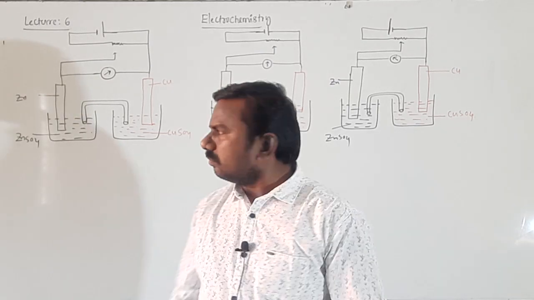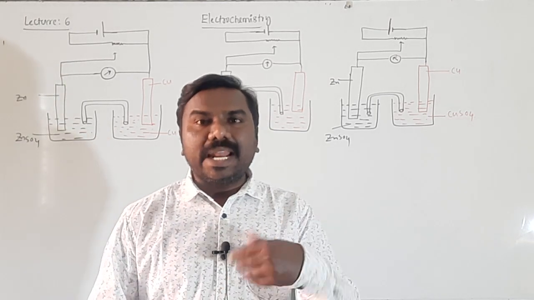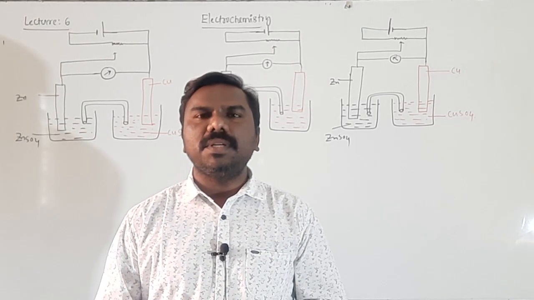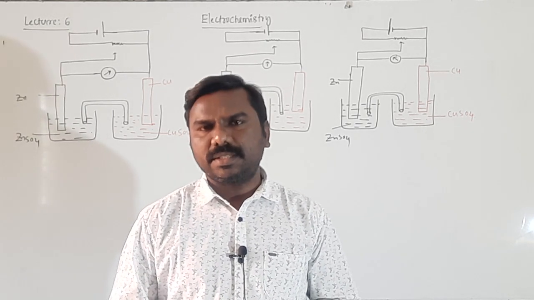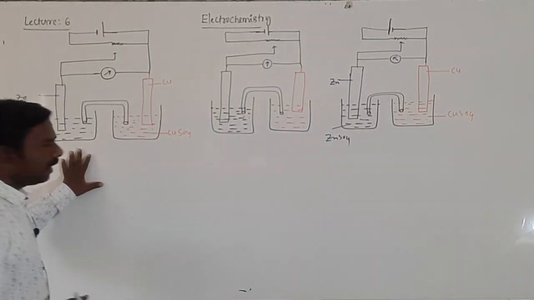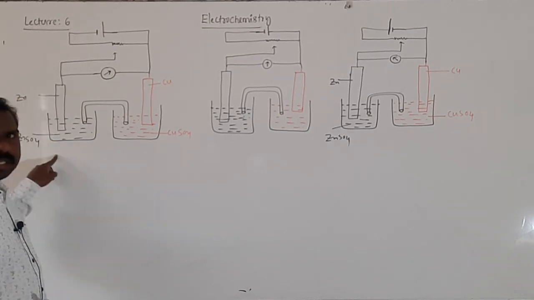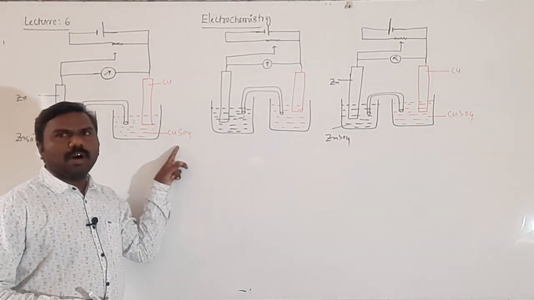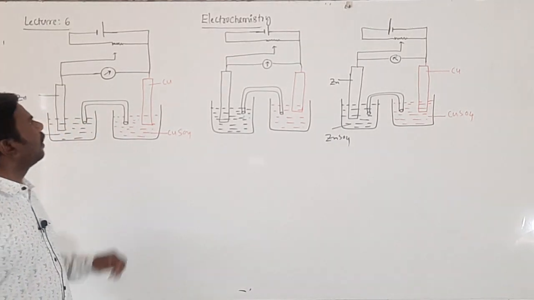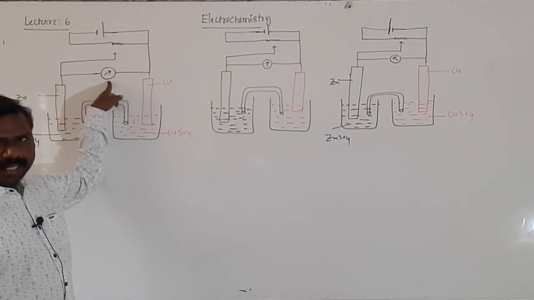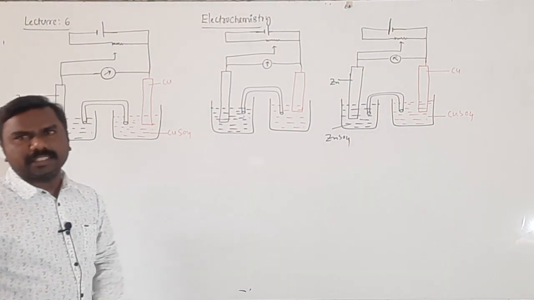First, the galvanic cell: chemical energy is converted into electrical energy. It means electricity is generated by spontaneous redox reactions of chemicals. On the left side, a zinc rod is dipped in zinc sulfate, and on the right side, a copper rod is dipped in copper sulfate. A salt bridge connects both half cells, and this is a galvanometer reading. When these two cells are connected by wire, current flow takes place.